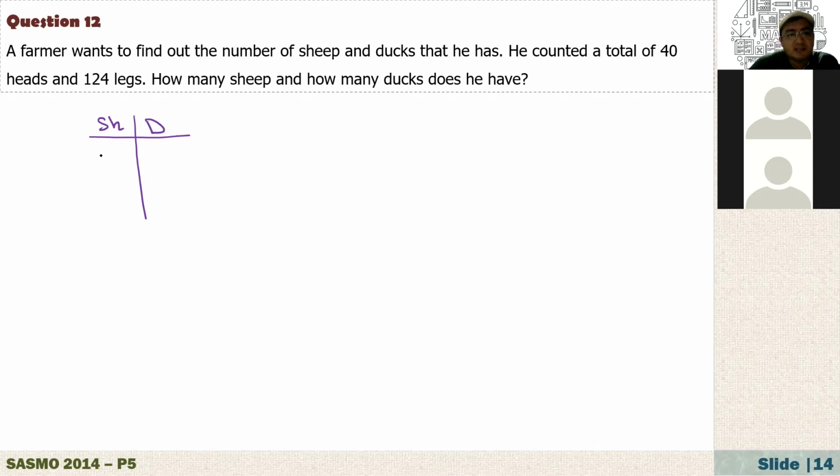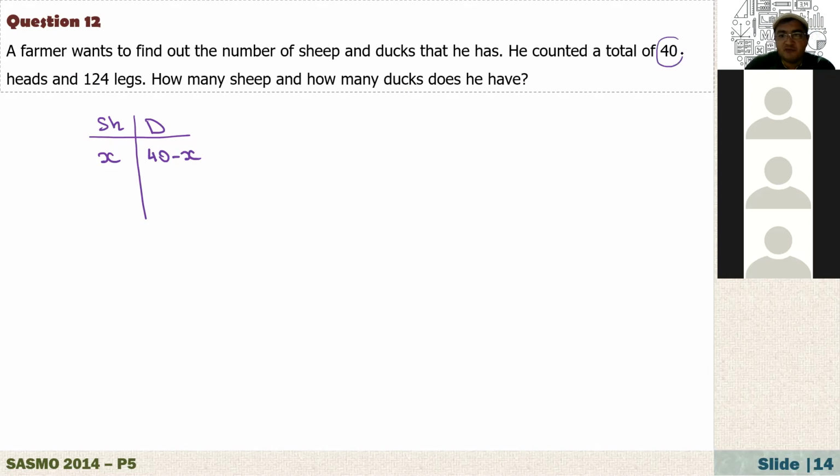Suppose that he has X sheep, okay? Now tell me how many ducks he has. 40 minus X, because altogether we have 40, right? And 124 legs. And we know that each sheep has 4 legs, right? If we have X sheep,